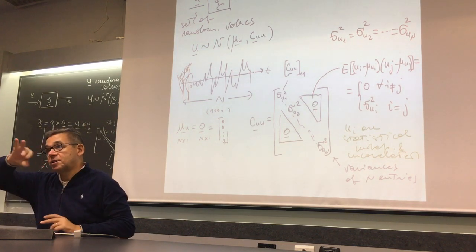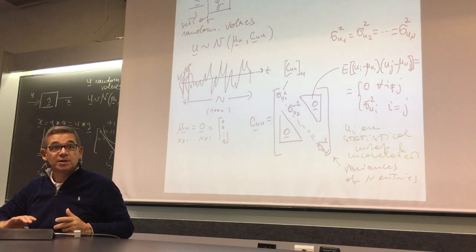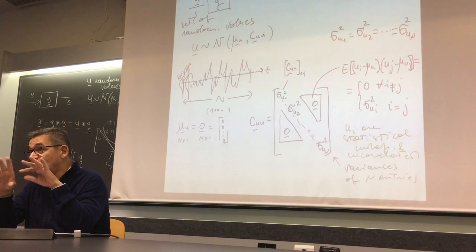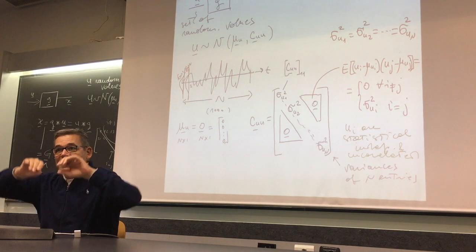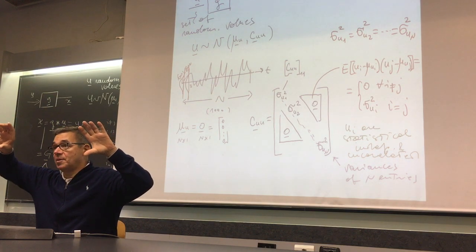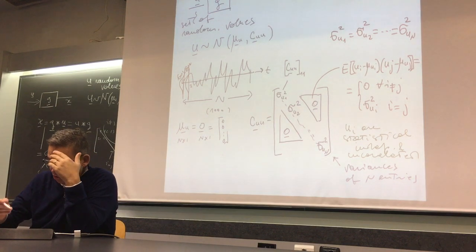I take a signal, I see a perturbation. That means that if they are all the same, there is no correlation between one sample and the other. And let me say the standard deviations are the same. So that means that this is the case of the so-called